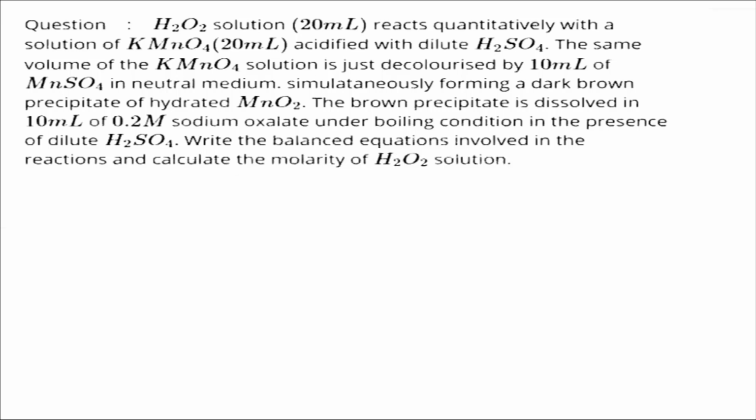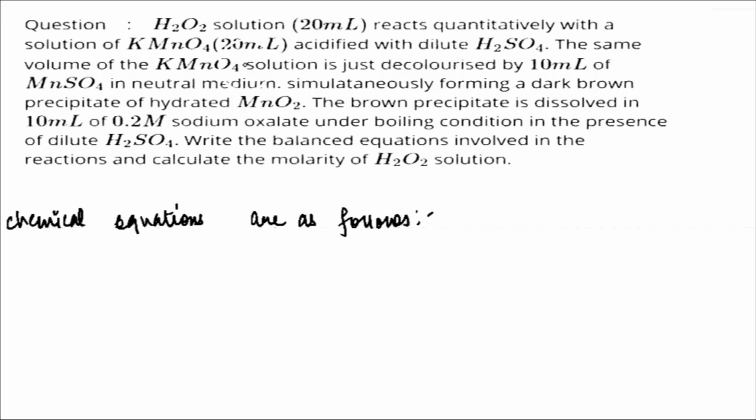Okay. Now the balanced chemical equations are as follows. Since the question is divided into three parts of reaction, there will be three equations. For the first part, where H2O2 reacts with KMnO4 in presence of H2SO4, the reaction will be